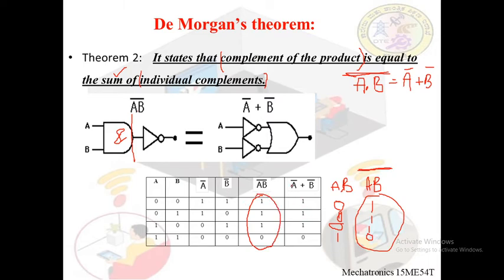Now let us find out the sum of individual complements, that is the right hand side of the circuit. The logic circuit is shown here. For individual complements, A turns to A bar and B turns to B bar here, and then they get added up. We must understand this well. So we have A bar and B bar written separately. Now we will perform the OR operation with A bar and B bar. 1 plus 1 is 1, we know. 1 plus 0 is also 1. 0 plus 1 is also 1. 0 plus 0 is 0. So therefore the left hand side is the same as the right hand side. So we say De Morgan's second theorem is also verified.